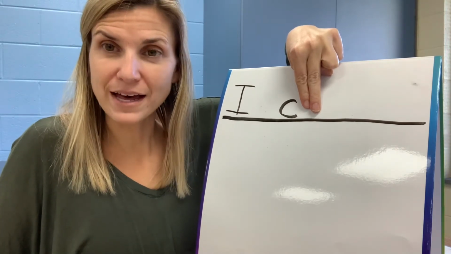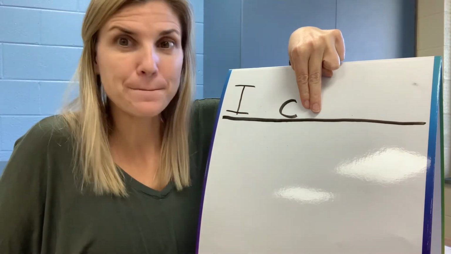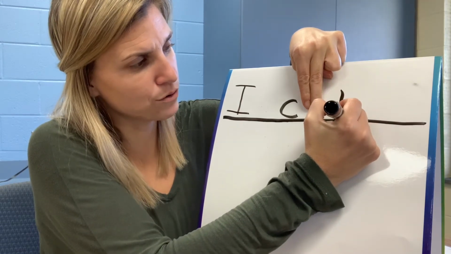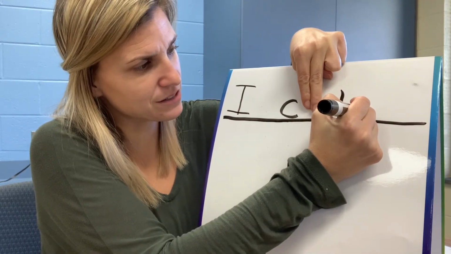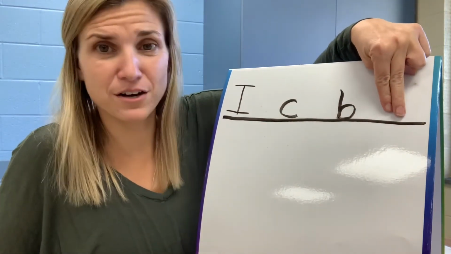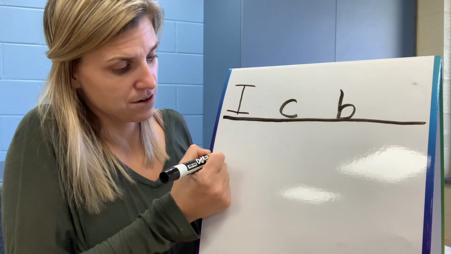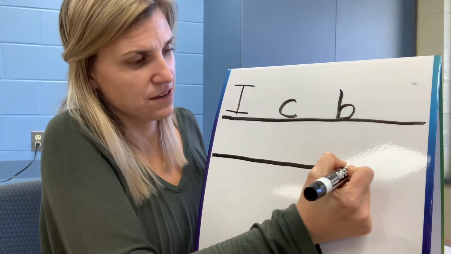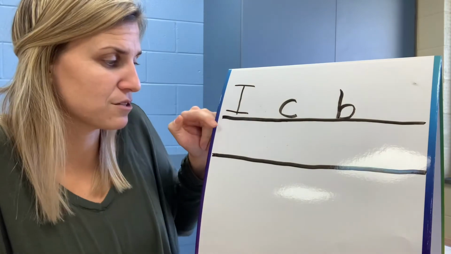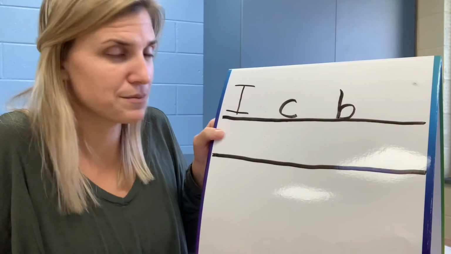B. What letter do you think B begins with? Kind of says it in the name. B. So again, I'm going to write my lowercase letter b because only important words have uppercase letters on the line. Now, when I move my fingers, I don't really have a lot of space. So I'm going to draw another line down here and see if that gives me some more space. I'm still writing the same sentence, so it's going to be a lowercase letter.